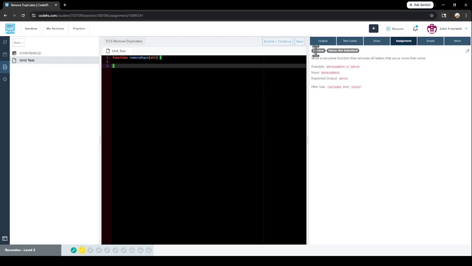Alright, we got: write a recursive function that removes all letters that occur more than once. Example: abracadabra gives ABRCD. So we're going to do if